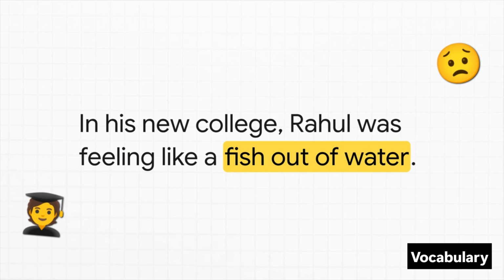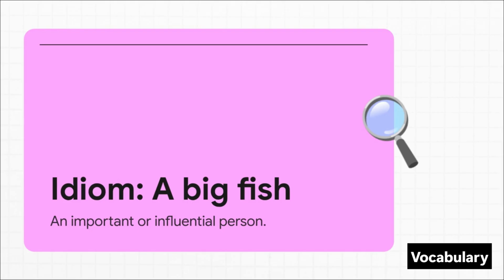For instance, नए college में Rahul was feeling like a fish out of water. This just means that Rahul was feeling really awkward and out of place in his new college environment. Next up, we have a big fish. This one's simple. Just like a big fish is important in the ocean, in society, or an organization, a big